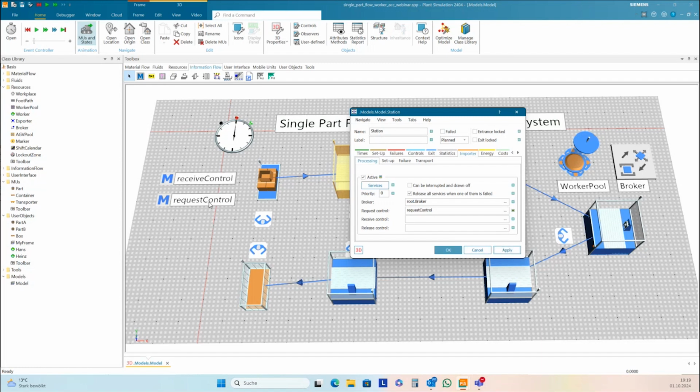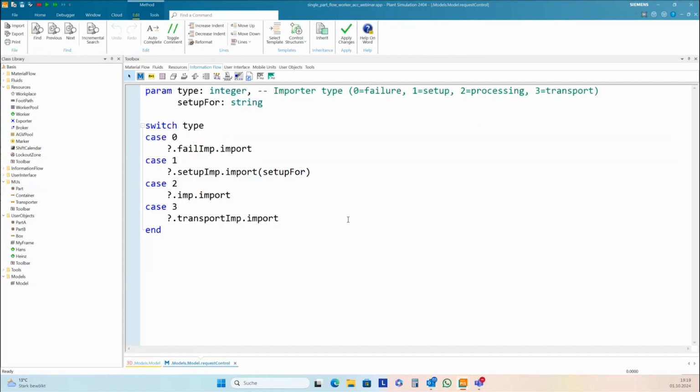So again, Plant Simulation will format this control. And this is the blueprint here. The basic behavior is just to import. Here, just make a standard import with the broker. And this we want to change for the processing and transport importer for case 2 and 3.